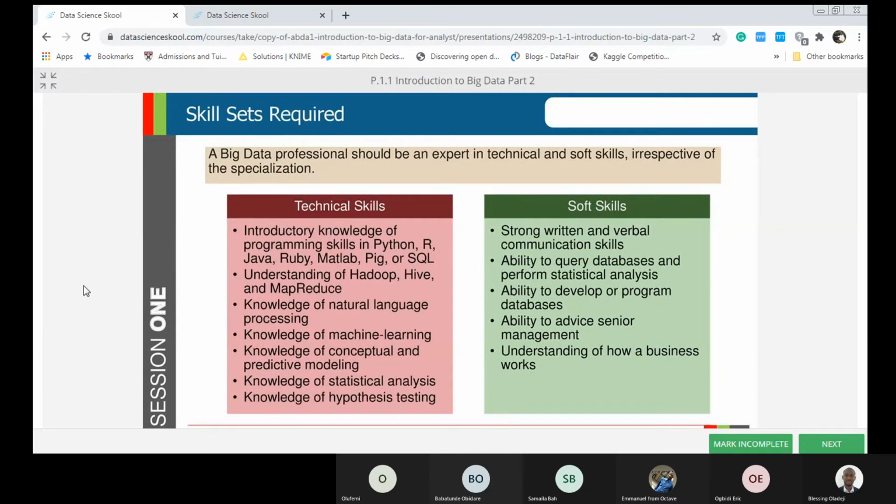You need to understand claims management, because if you don't understand it, you may not be able to advise the business properly. So you need to understand how the business works. If it's Shell or Chevron that came to pick you as a data analyst or data engineer, you need to understand how oil exploration happens from end to end: seismic modeling, subsurface modeling, oil exploitation, drilling. You need to understand geophysics. You need to understand some of those things, because if you don't have that domain understanding, you will not even know how to properly apply data to help those organizations.